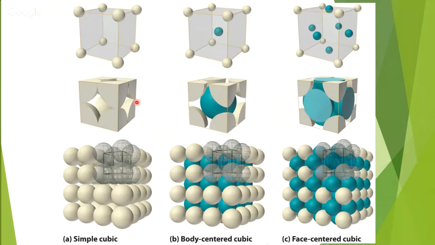So in the cutaways in the middle here, you can see that on the corners, for example, although there's an atom at each corner, only 1/8 of that atom is actually inside the cubic cell. So the total number of atoms inside of this simple cubic unit cell is just one. There's one atom inside there. In the body-centered structure, we still have 1/8 of each corner atom inside, but then we have one whole atom inside in the middle. And so there are 2 atoms inside of the body-centered cubic